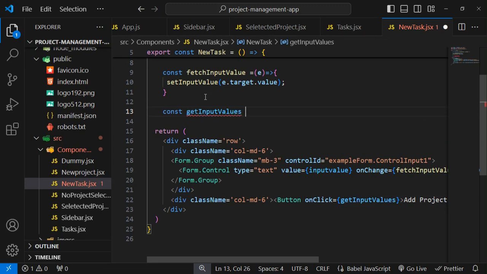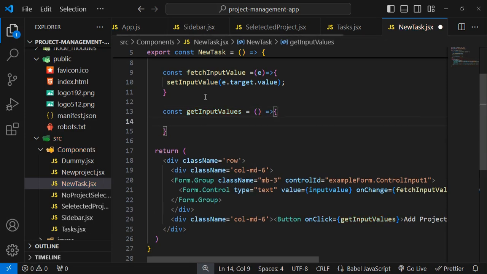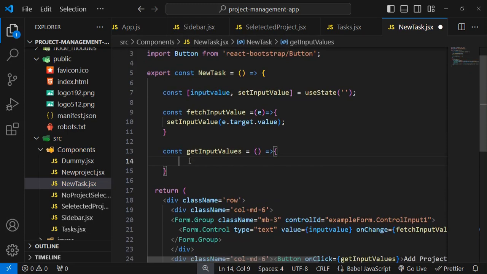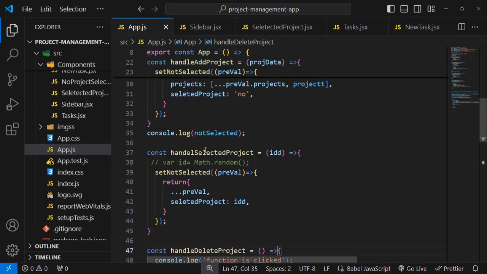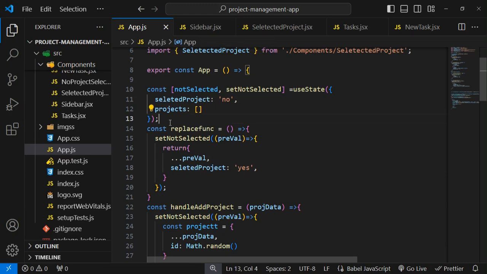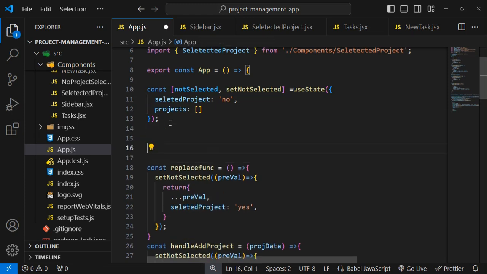Get input values, and for this thing now I need a function here. We should be able to get these values inside our app component, because we have the complete array inside our app component which is getting the values. So here I am just typing a function, and its name would be as